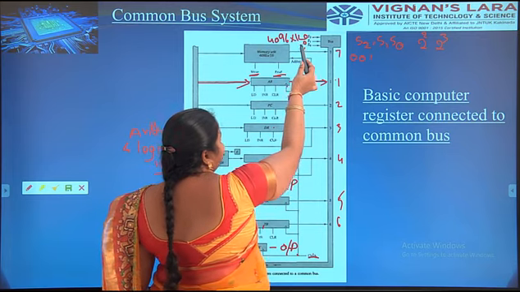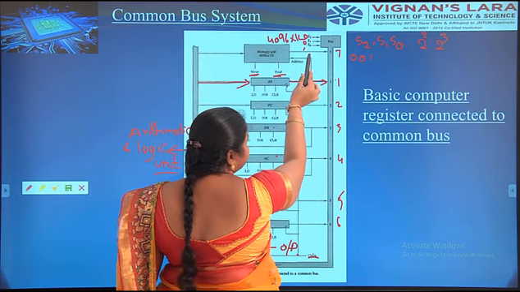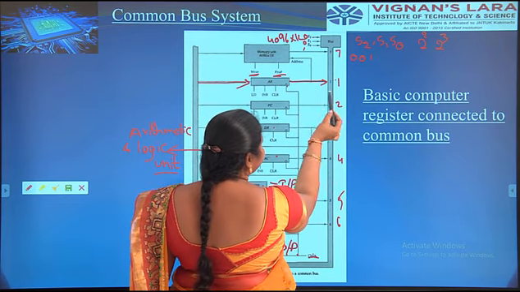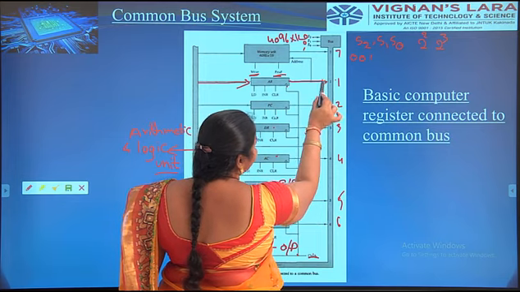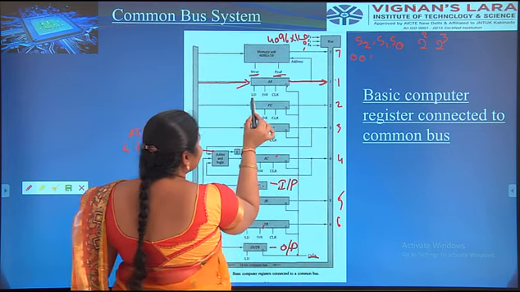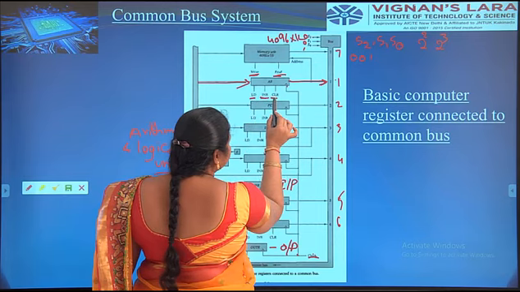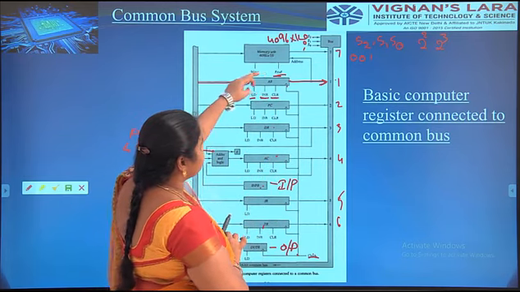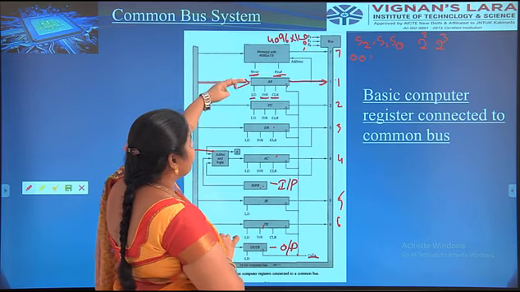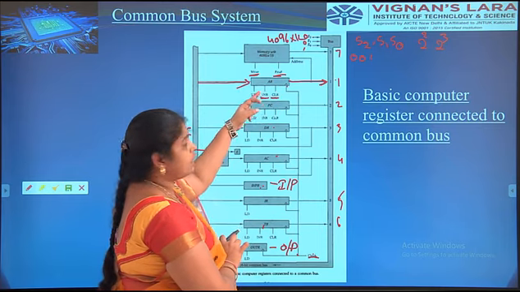For example, you have to take input as 1, 0, 0, 1. Here you have to take 3 inputs. 0, 0, 1 means the content of AR is transferred to 1. Then here we have to see the 3 control inputs. The memory unit contains 2 control inputs, write and read operations. The address register requires 3 control inputs.